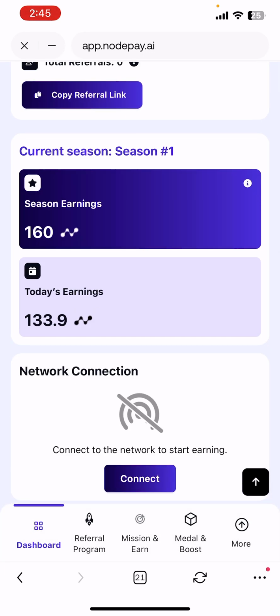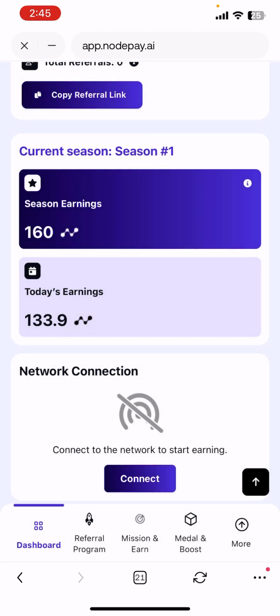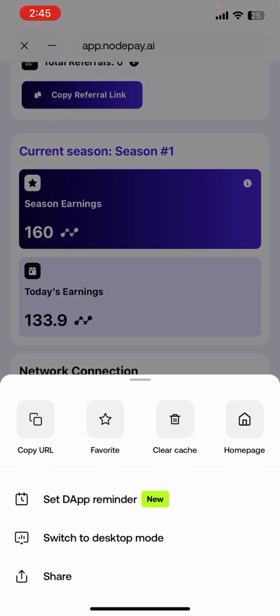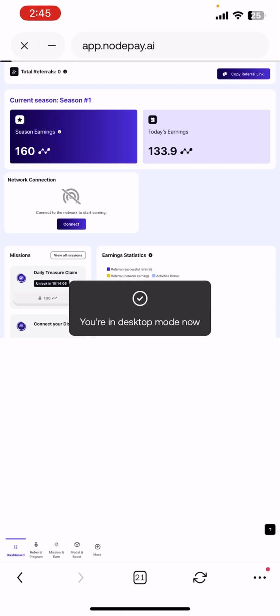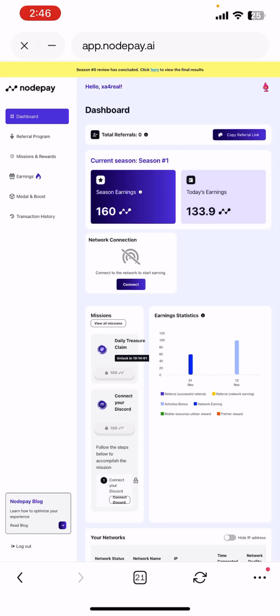Now just click on, in case you are not seeing this mission and earnings or more, if you are not seeing this more button, just click on these three dots at the bottom right. Then right here you click on switch to desktop mode. Now once you switch to desktop mode, it will give you this particular screen that is loading up now. So just click on earnings,